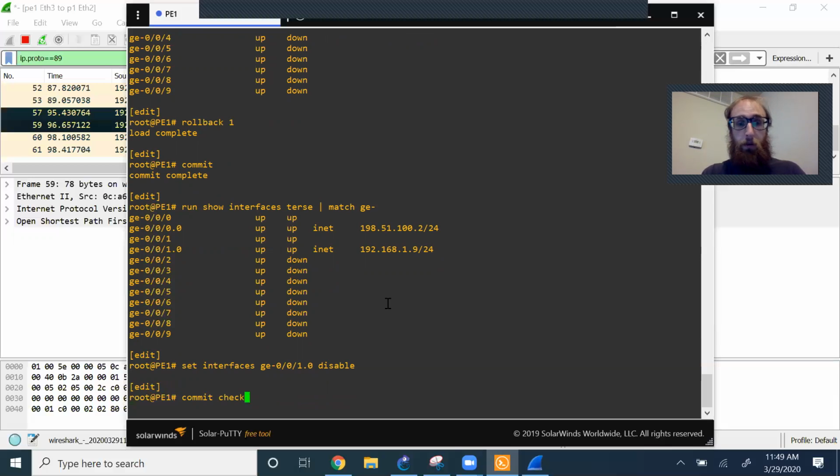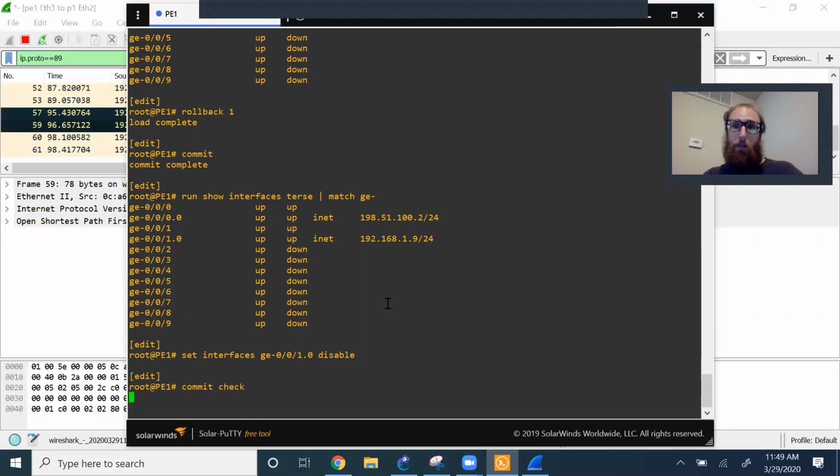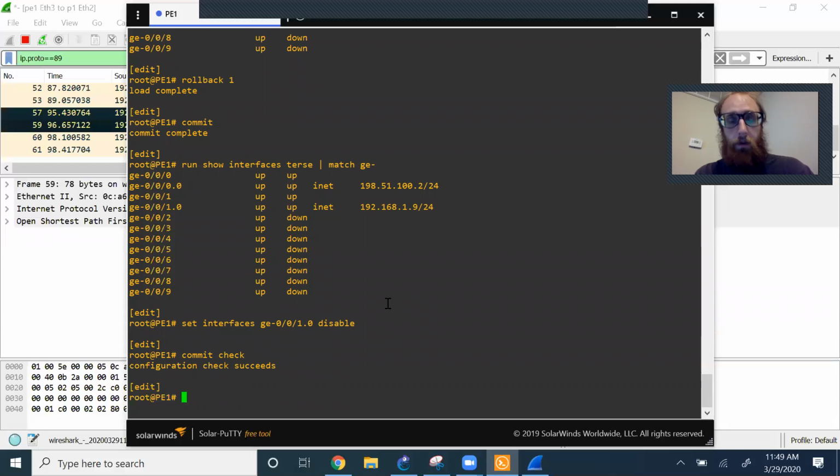Another great command to know is commit check. So let's say I don't know if my config is right. I tried to add an interface to MPLS, but that interface is in a routing instance. So can it be added to MPLS? Or do you have to add it to MPLS within the routing instance? I don't know which one works or not. Just do commit check, and it will tell you whether or not your configuration is valid without actually putting it into effect. So that's going to be a really important tool to know,